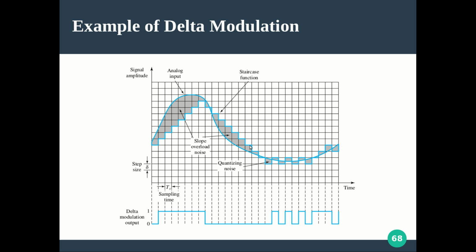Why is it going down? Because the signal is also going down. So our algorithm is just like this. At every sampling interval, just compare the previous amplitude of the staircase function, because it is retaining it for the entire interval, with the current amplitude of the signal. If the current amplitude of the signal at the end of the sampling interval is lower than the staircase function amplitude, give a down movement. If it is higher than the staircase function amplitude, give an up movement.